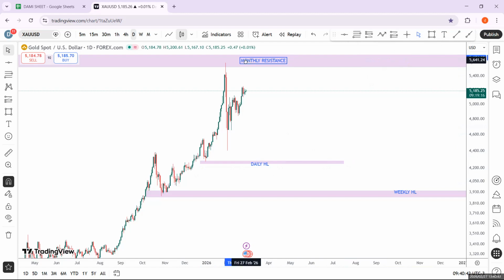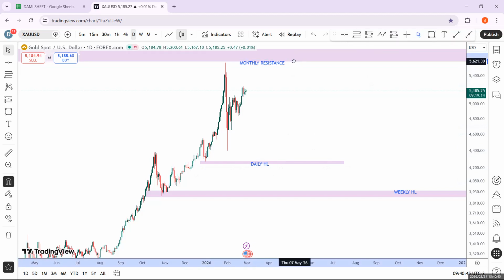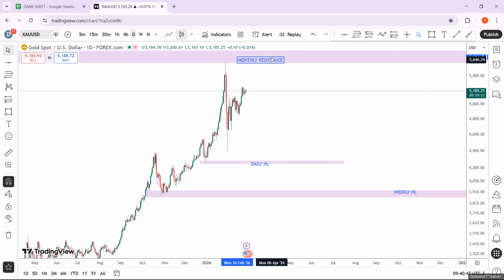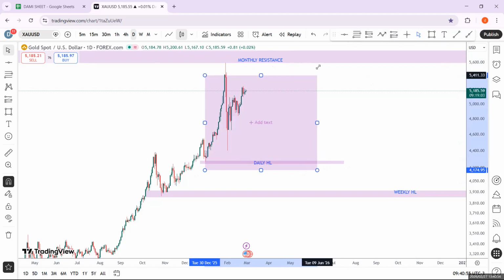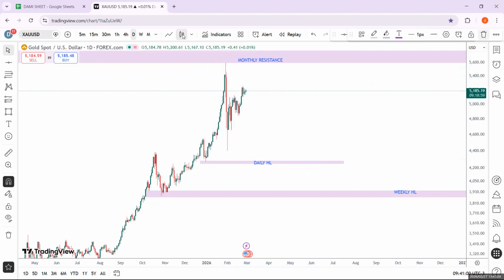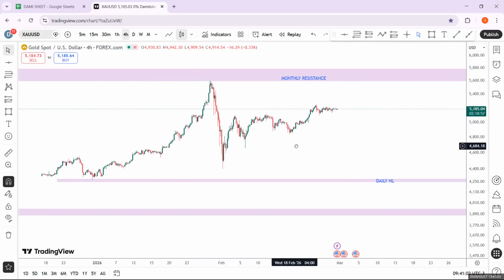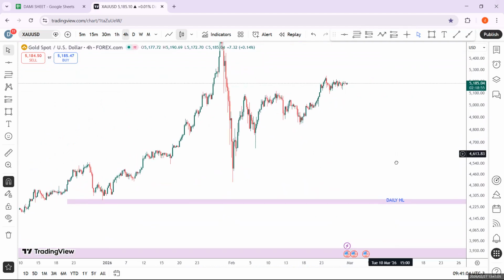We'll take this monthly resistance point. Let's push this a bit to the pinpoint level of rejection. Monthly resistance, daily higher low. This will now be our range of focus. We took the last higher low on the daily time frame, and we will now take this entire window from the daily HL here as our range of focus to the 4 hour, which begins our entry time frame.